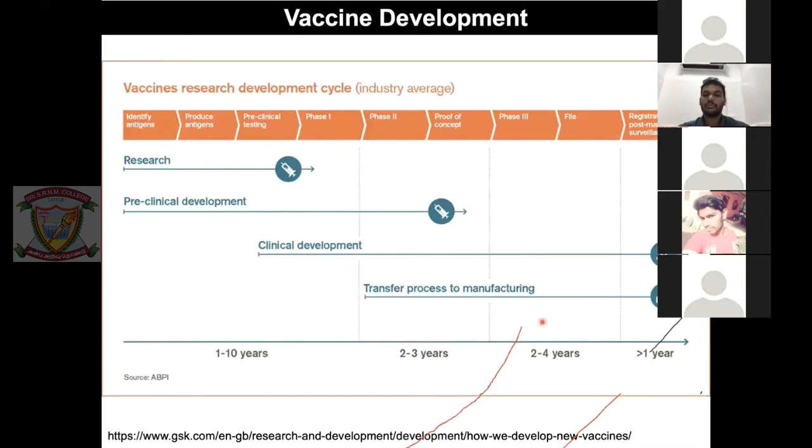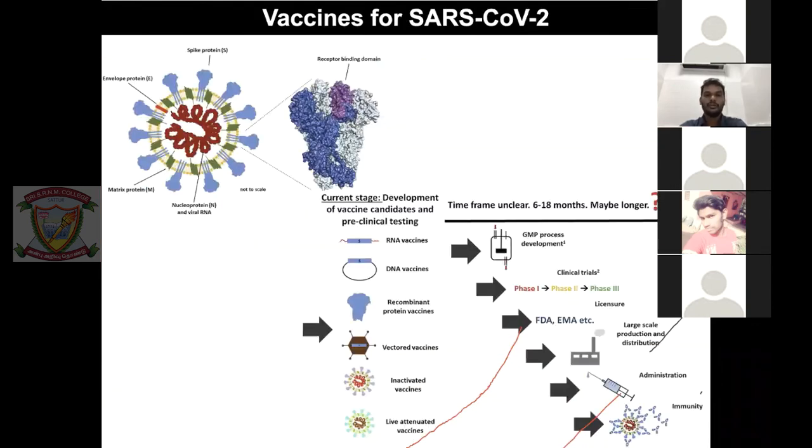And there's the transfer process. Once this vaccine definitely can work against this particular disease, then you do the transfer. You take it to industries and ask them to make tons of copies for general use. That takes another 5-6 years. So that is why vaccine development is not that easy. The development cycle is really, really long. And now people are working really hard to find a vaccine so that we can all get away from this SARS-CoV-2 infection.